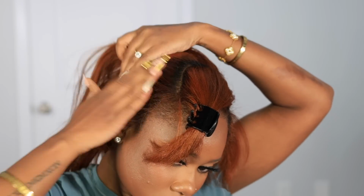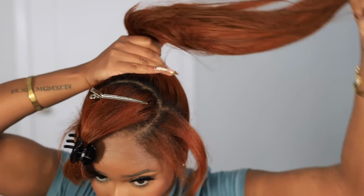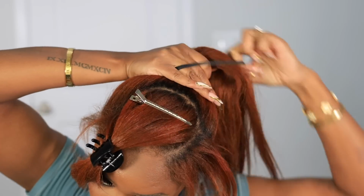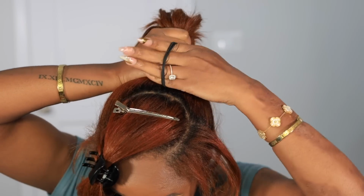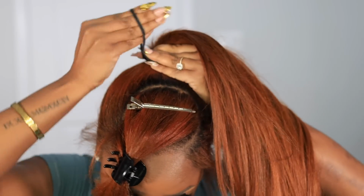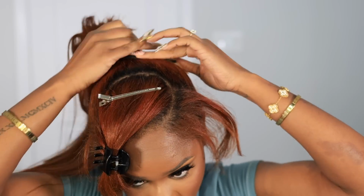And because this is a seamless clip-in, it laid so flat. Like, look how flat that is. Like, y'all can't tell that there's something in the middle. Like, the clip-ins from Betterlength are so flat, so natural, so lightweight. Love, love, love. So first I put my hair in a ponytail and I left out a little bit of